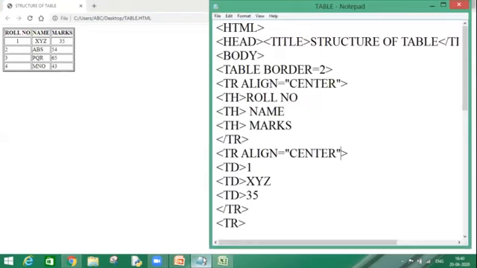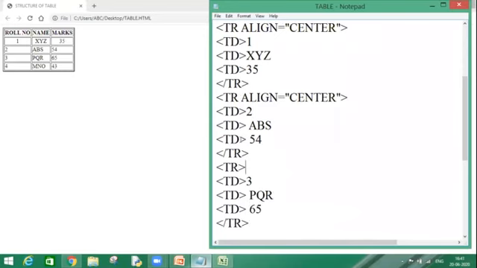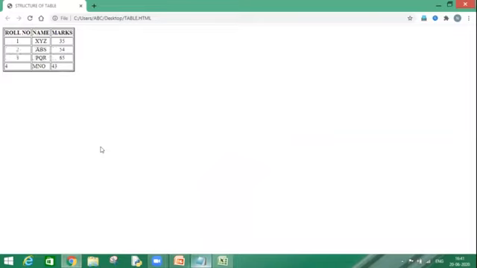So I am supposed to use my TR with align attribute and the value center. Then I'll be able to align the data in the center, right? So if I use my same attribute over here, and similarly over here, Control S, it will be done.